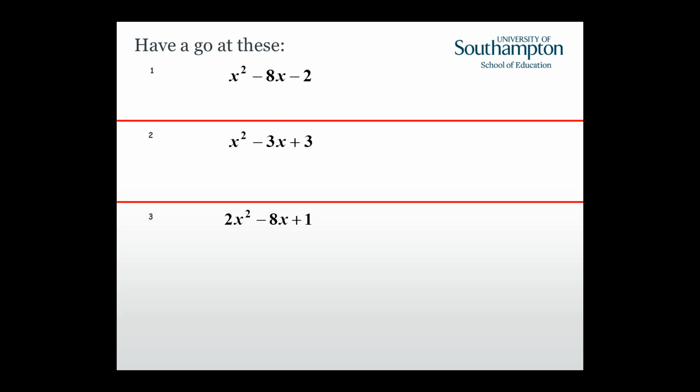And have you done the last one? Yeah, I have. I've got 2 brackets x minus 2 squared minus 7. Yes. So take the 2 out first. Complete the square on the x squared minus 4x bit, and then bring the rest